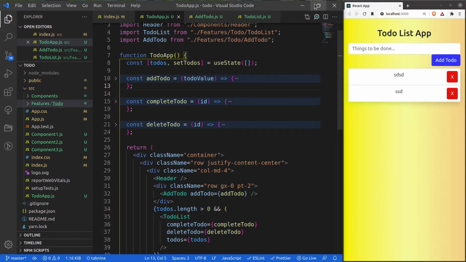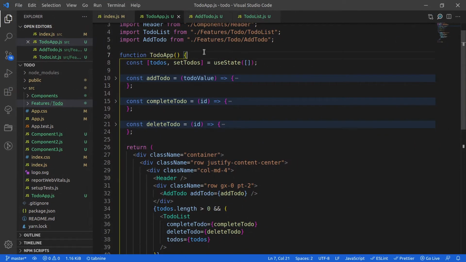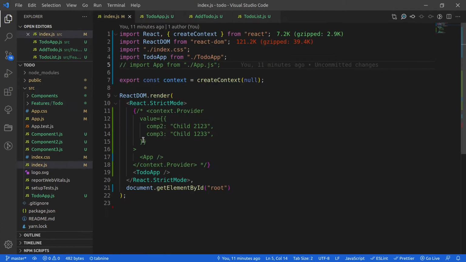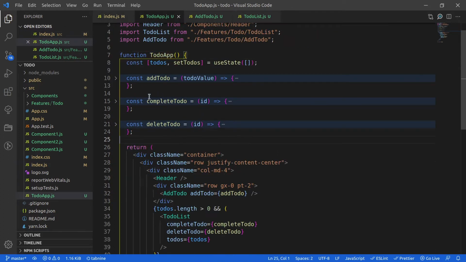Now let me also show you its code base. As I am saying that to-do app is going to be my main component, I have commented my code from the previous video. So here I have included the to-do app component. In the to-do app component, you can see that I have the logic for add to-do, complete my to-do or delete my particular to-do.